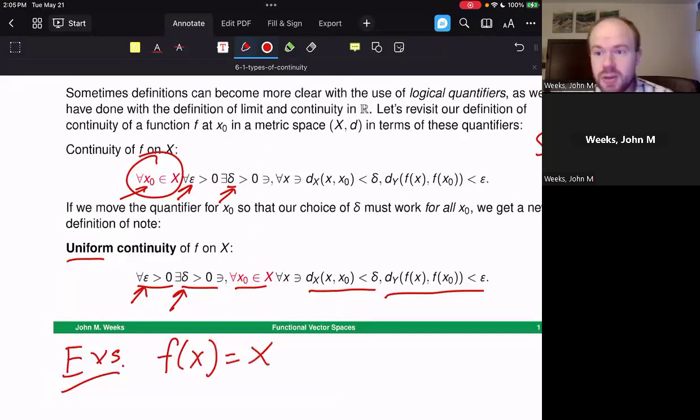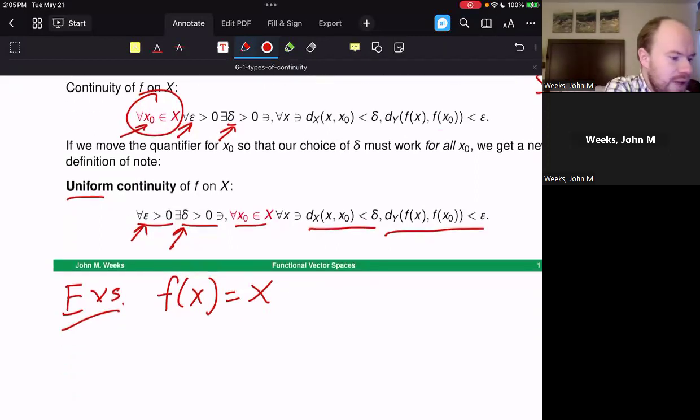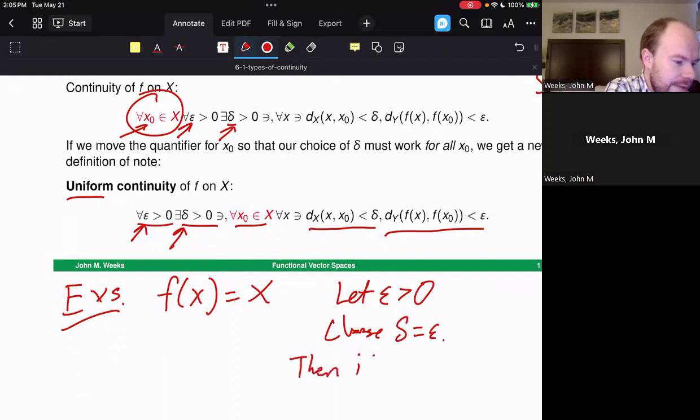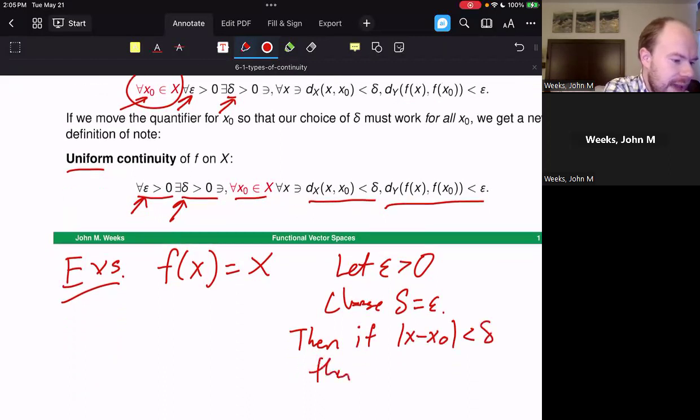Because the way that I could go through and do the epsilon delta argument for uniform continuity doesn't really care at what x value I'm looking at. Whenever I do this, I say let epsilon be greater than 0, then choose delta to be equal to epsilon. Because then, if, let's say, absolute value of x minus x naught is less than delta, then the absolute value of f of x minus f of x naught